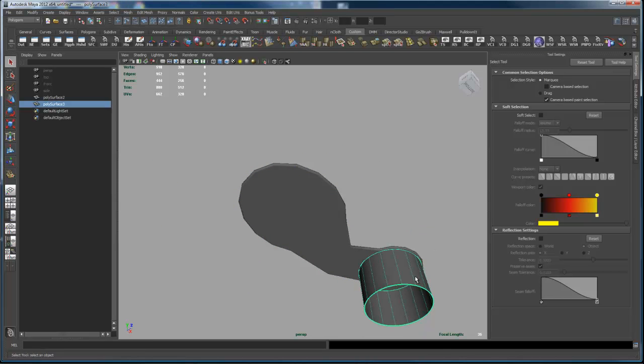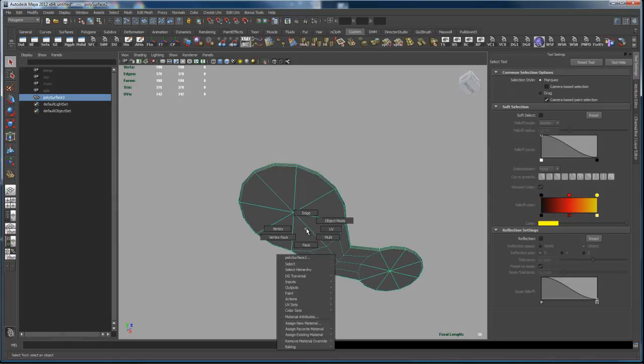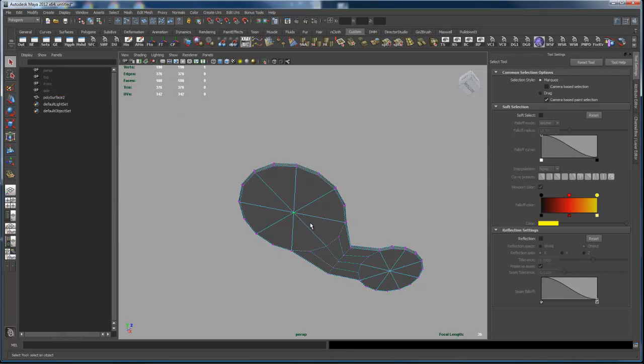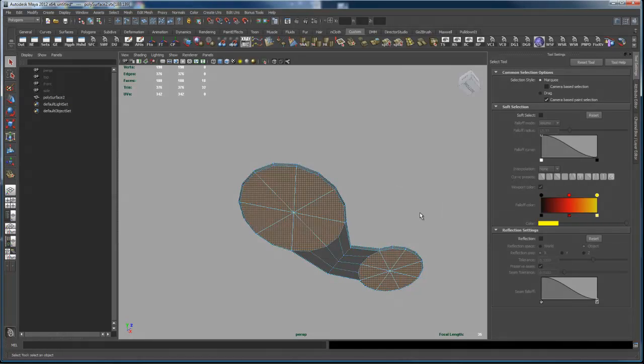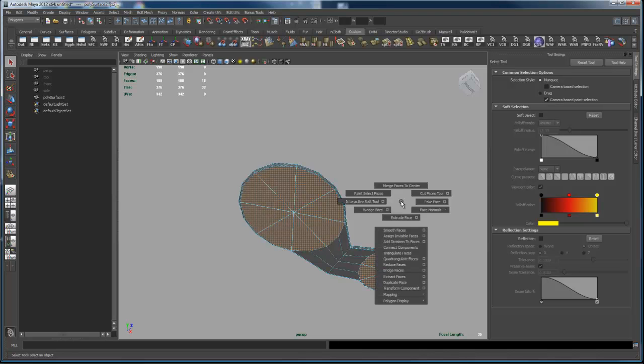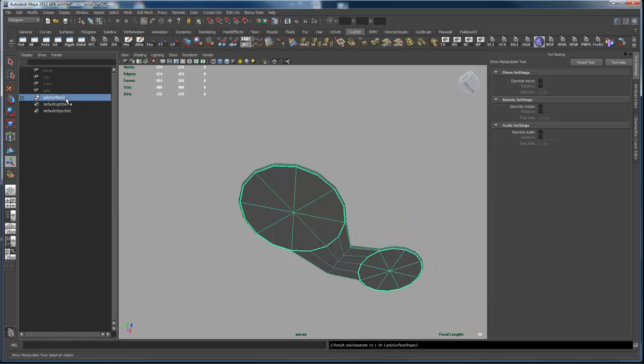So I'm going to start by picking this one and delete it. And here we go again. Pick that vertex and that vertex, holding the control key down this time and the right mouse button, go to two faces, and then take those faces, holding the shift right key down, go to duplicate faces, come up here